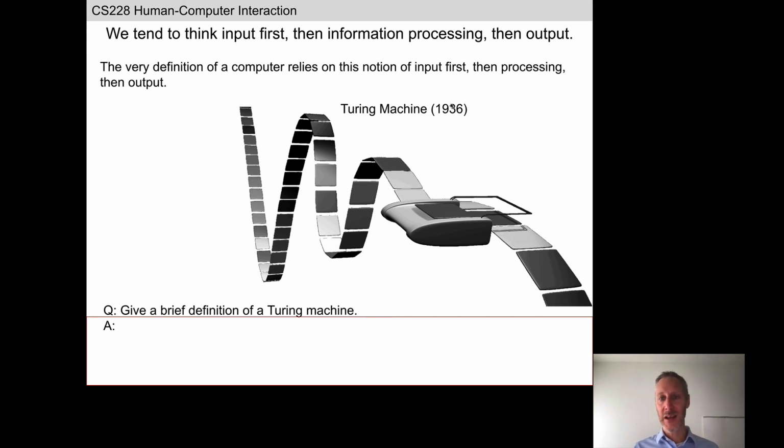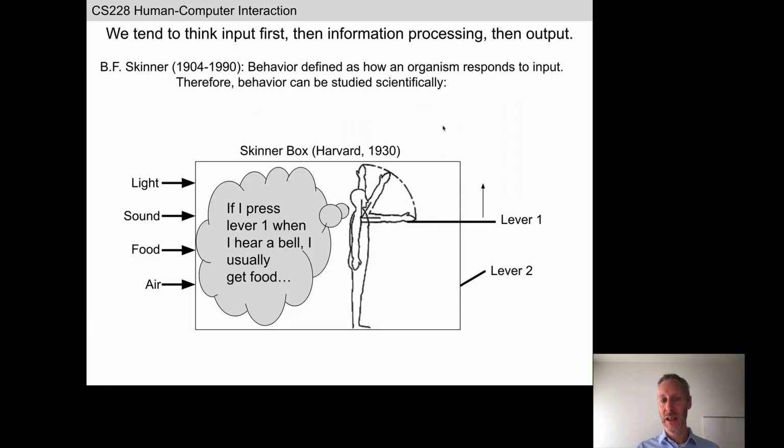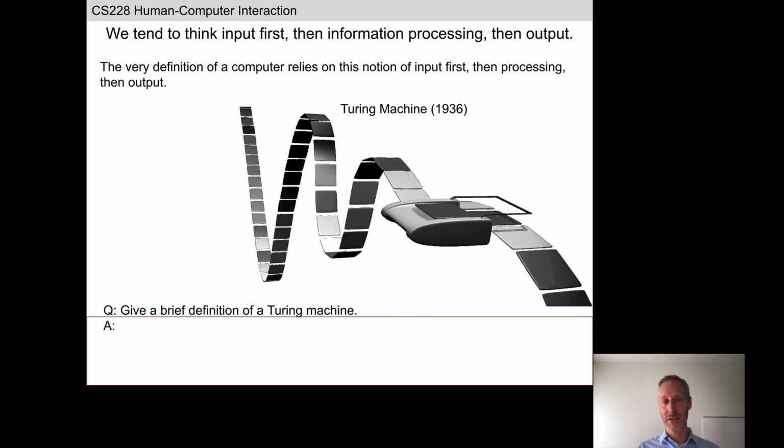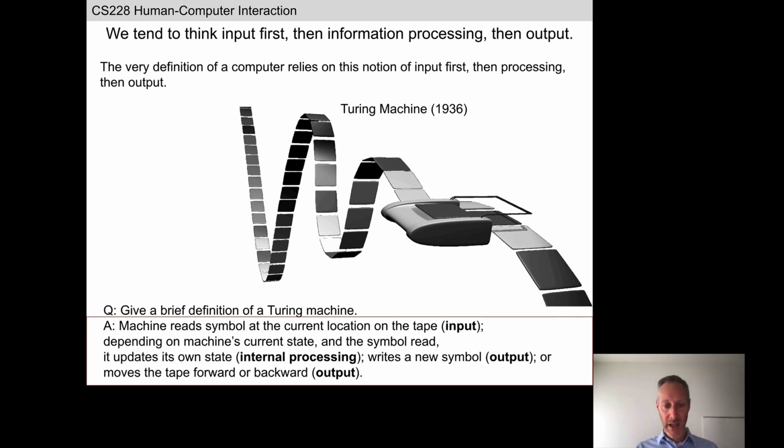It's interesting to think, if you're of a historical mindset, whether Turing was influenced by Skinner. In both cases, in both animals or humans and machines, there was this emphasis right from the beginning on input, cogitation or computation, and then output. Again, this is just meant to show you the level of detail we're looking for in the description of the Turing machine. Basic idea: some input, some output, and some internal processing.